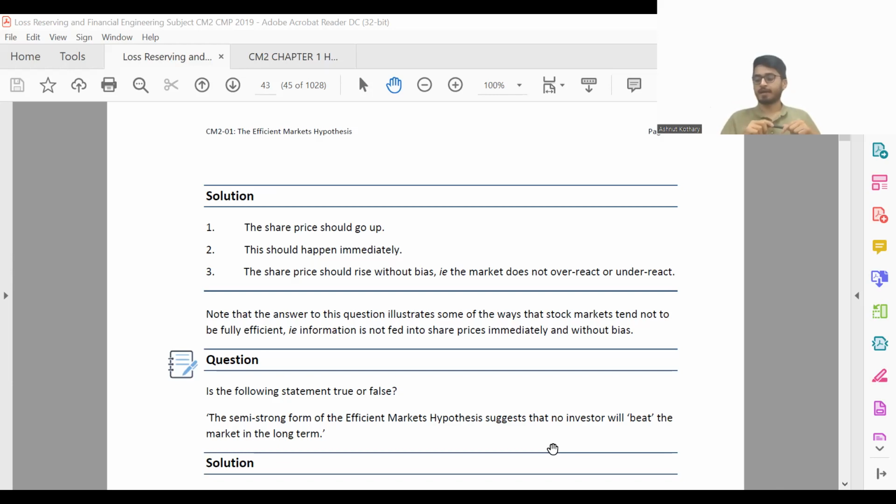If अगर ये statement ऐसे रहता, the semi strong form of EMH suggests that no investor will beat the market in the long run, इसको अगर true बोलने का है, if I want to make this statement as true, maybe the semi strong form of the EMH suggests that most, तो चलो ठीक है, नहीं most नहीं, मतलब एक और no investors guarantees ले लो। The semi strong form of EMH hypothesis guarantees that no investors will beat the market in the long run। नहीं, guarantees तो क्या है नहीं, for guarantee कर नहीं सकता।